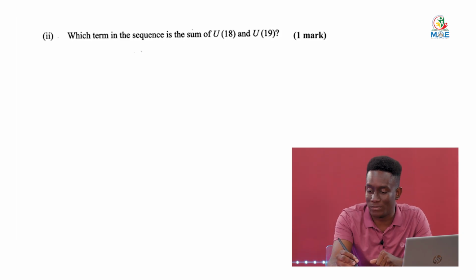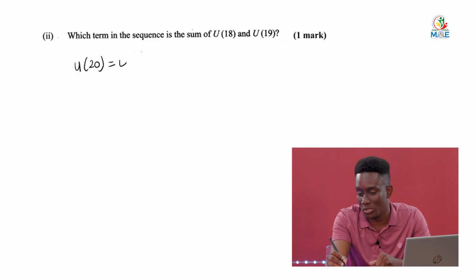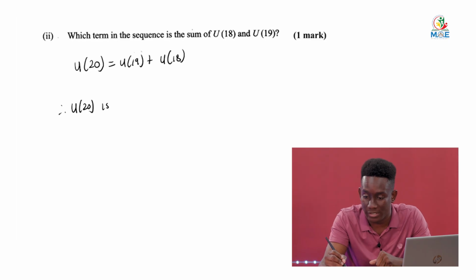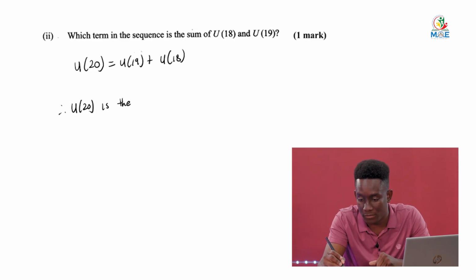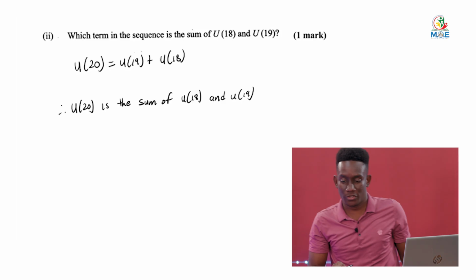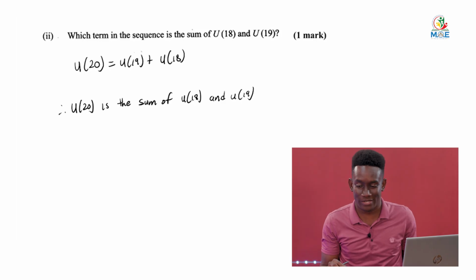So you know this will simply be u20, because u20 is equal to u19 plus u18, which is the 19th term plus the 18th term. So we can say, therefore, u20 is the sum of u18 and u19. And that is as easy as that, 1 easy mark. So the next one